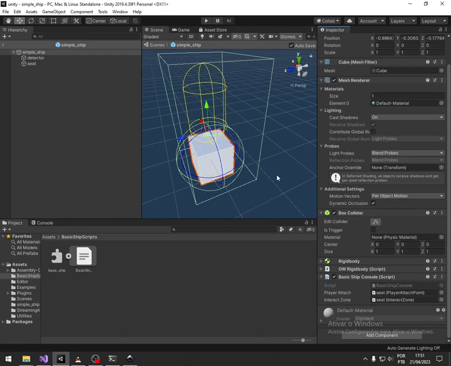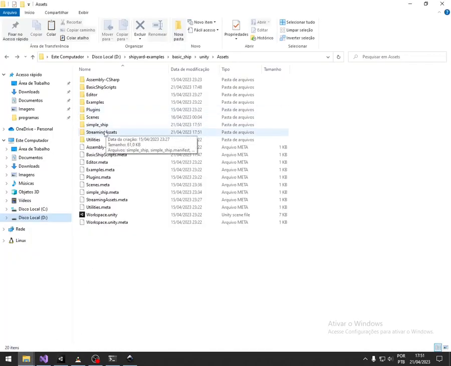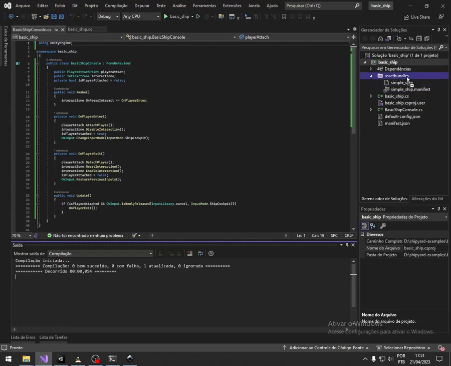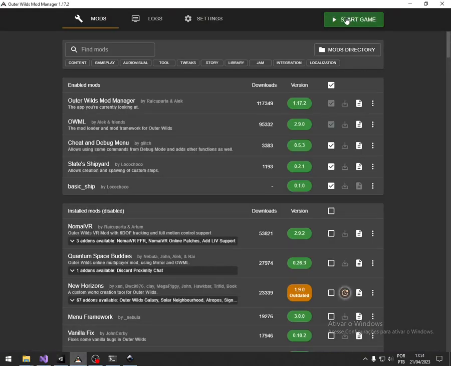Alright, well, now in theory it is all said and done. So let's build the asset bundle, go to our streaming assets folder, select the bundles, drag them to our project, replace, rebuild. You can go to the game and